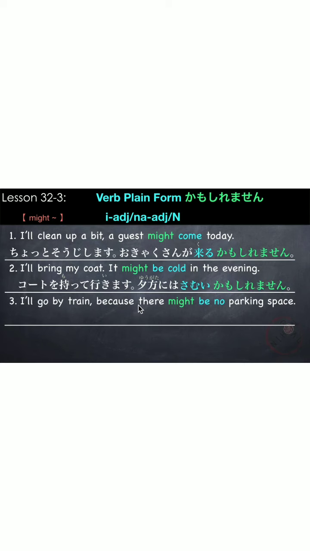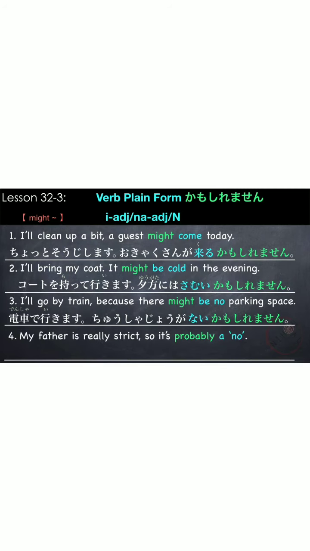I'll go by train because there might be no parking space. 電車で行きます。駐車場がないかもしれません。So the verb is ありません. So we change it to plain form, which is ない. 電車で行きます。駐車場がないかもしれません。